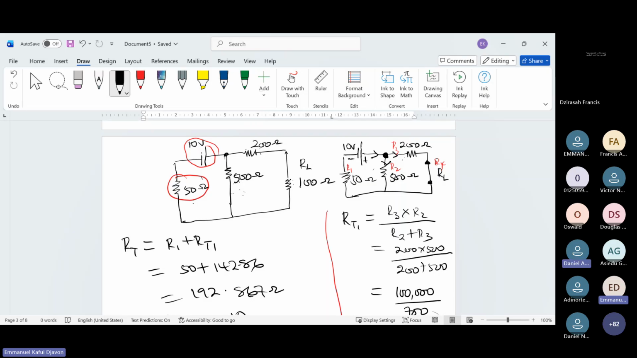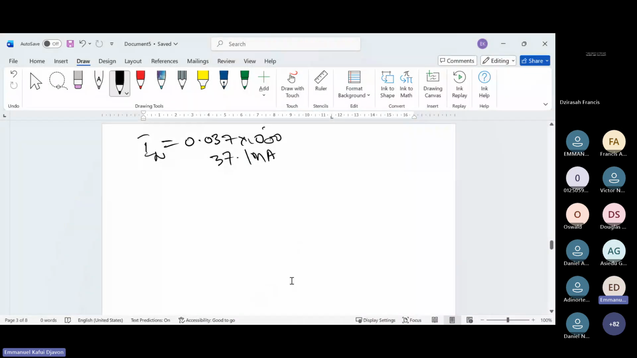Because at this stage, I have to exclude this particular resistor. Now, I'm not solving because I'm looking for voltage. I'm solving so I can get my R Norton. Now, to do that, I will say that my R